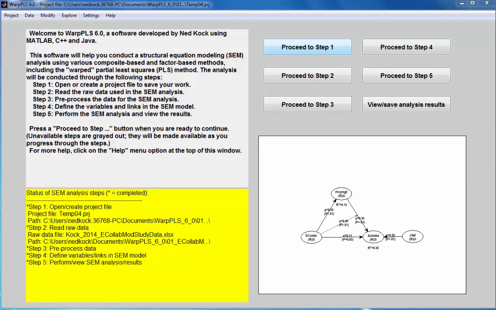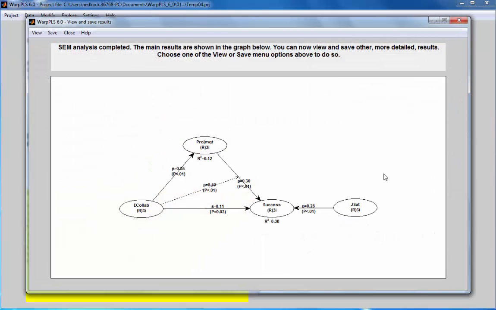This demo refers to analytic composites. So let's assume that I have a model, which is this model shown here with the results. And let's say that I have, let me open the model, a bigger screen. So let's assume that this variable here, JSet, I have good reasons to believe that it is an analytic composite